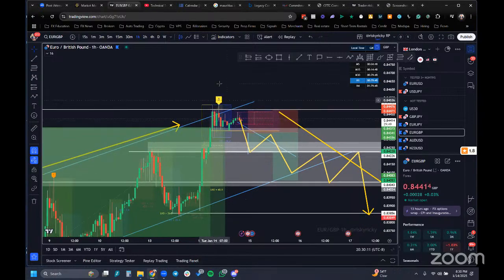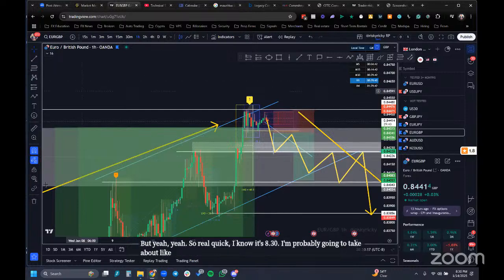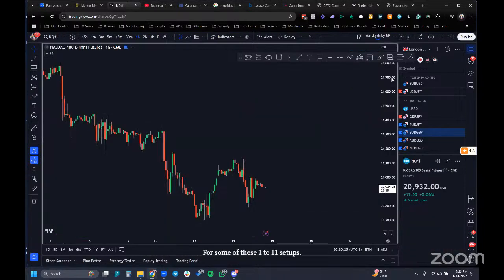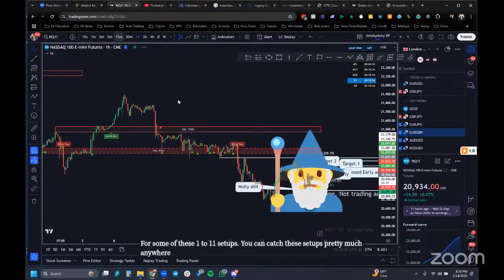But real quick, I know it's 8:30. I'm probably gonna take about 5 minutes on this final part here, which is getting into the exact strategy that I use for some of these 1 to 11 setups. And you can catch these setups pretty much anywhere. But the main thing that I was looking at was,